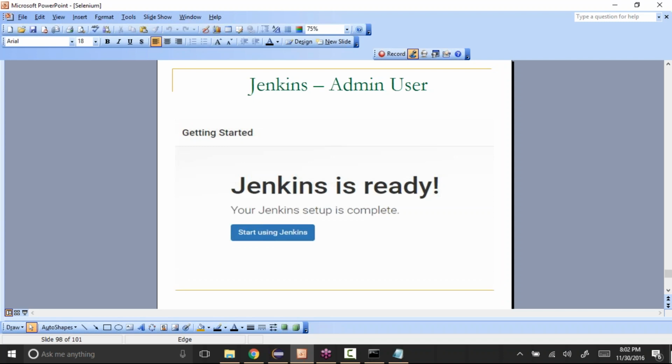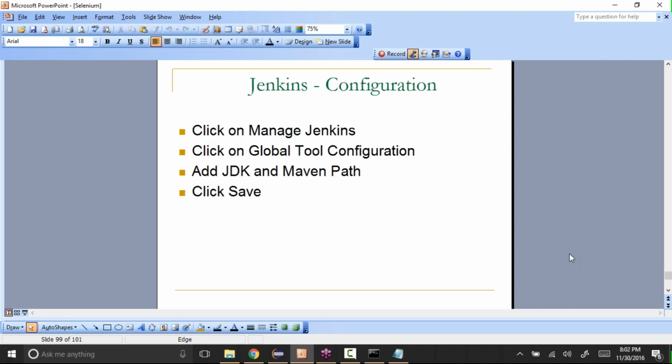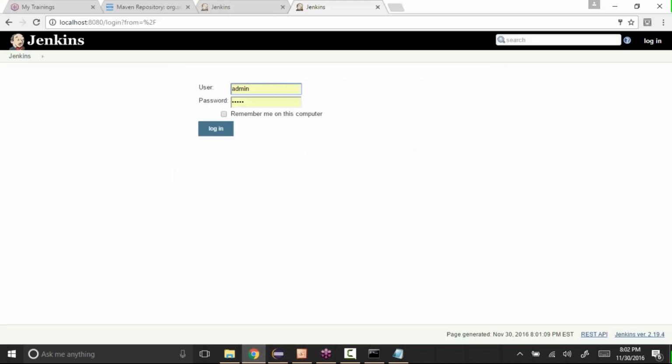Then you'll get this page, Jenkins is ready, and start using Jenkins. Just click on start using Jenkins, then it will come to your home page where you need to log in. Use whatever username and password you created and log into Jenkins.